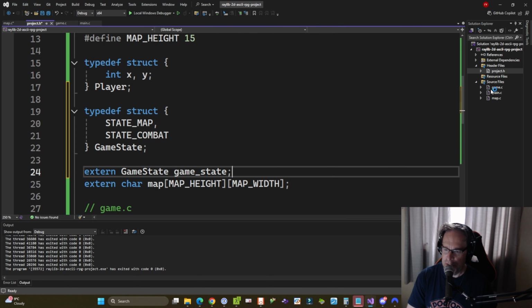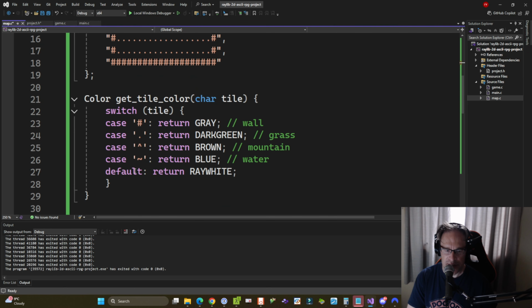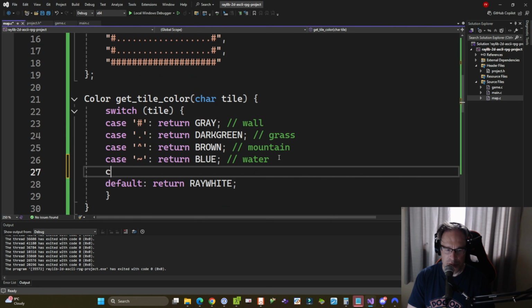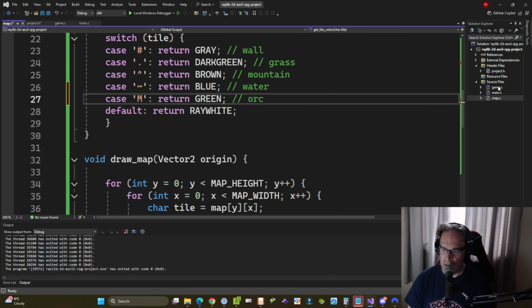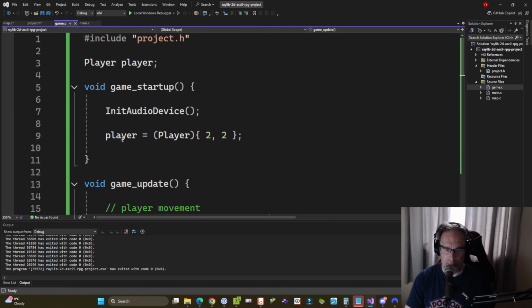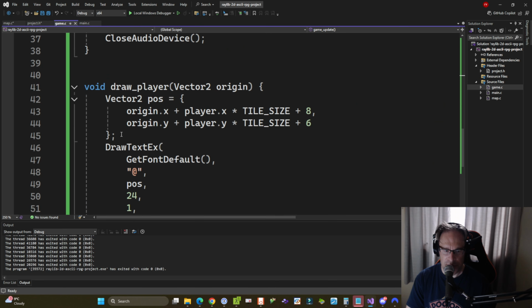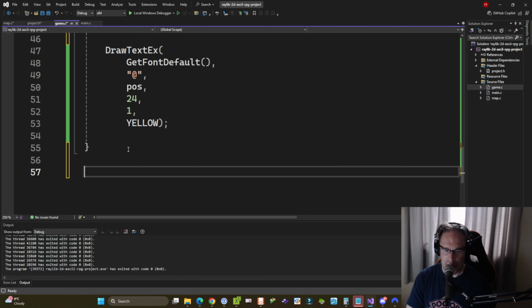And then in the map.c, I forgot to update our get tile color. If we find the M tile, then we're going to return a bright green. So basically like an orc. That's how I'm thinking of it. And then back in game.c, under draw player, we're going to add a new one called